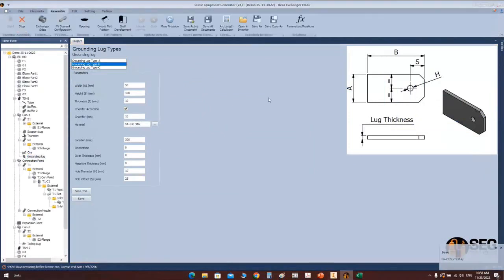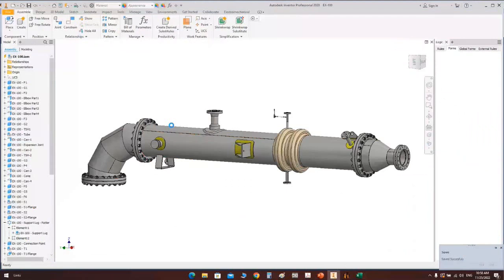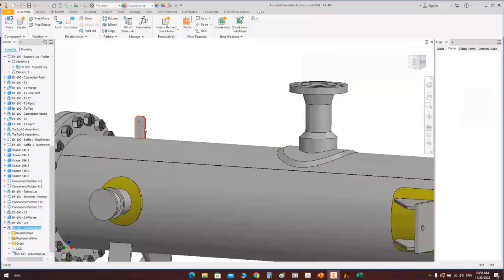Now after creating this element, it will be generated on the shell, but we need it on the saddle. So how can we move it from the shell to the saddle? Okay, here it's easy to assemble this item with the shell. So we will delete those constraints, and now the grounding lug is free to move. So you can make a new constraint to this one,